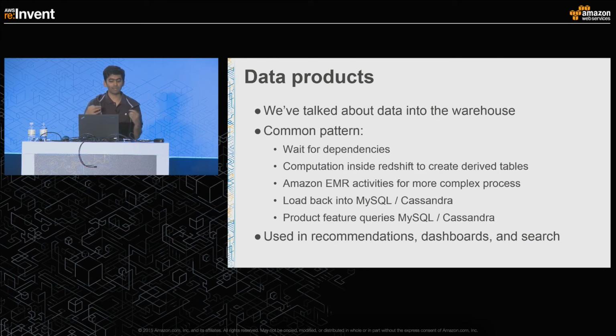So here we're trying to build some data products such as recommendations or dashboards out of our data within Redshift. A common pattern for a pipeline is that we wait for dependent pipelines. In the case of recommendations, you wait for user activity to be loaded completely. Then we would run some computation inside Redshift if it's possible. If we can do all our transformations with SQL, we'll run these transformations and create derived tables